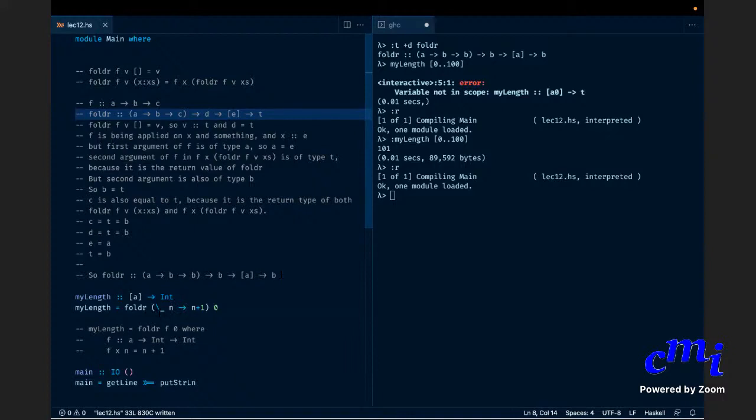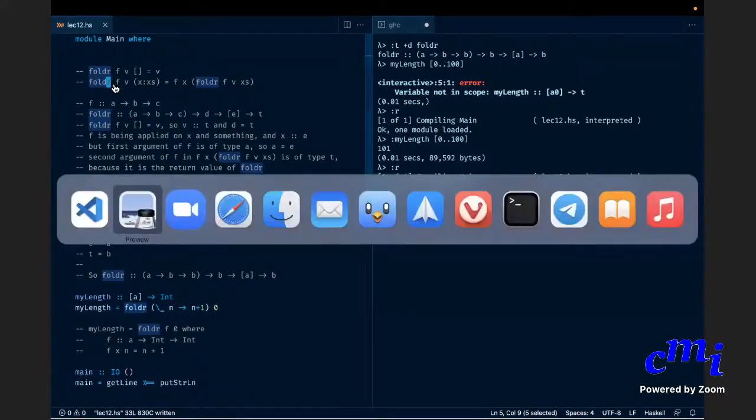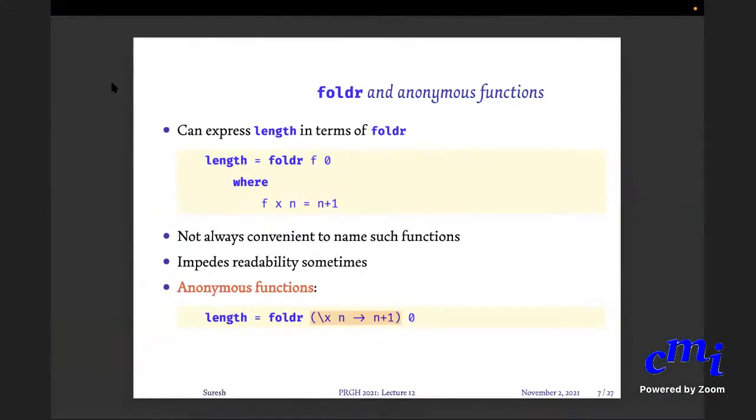Like in the mylength. That is because in the folder thing, the folder expects a function of 2 arguments, right? The function that folder accepts takes 2 arguments. Folder is taking this f as first argument, and that f should have 2 arguments, going by the definition of folder. And you want to fit this into that pattern, that is why you have to give 2 arguments. Yes, sir. Okay, great. Thank you, sir. Keep the questions coming.